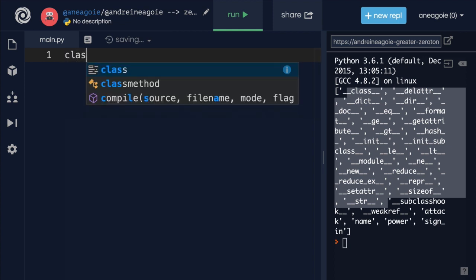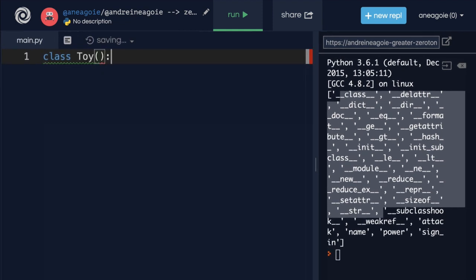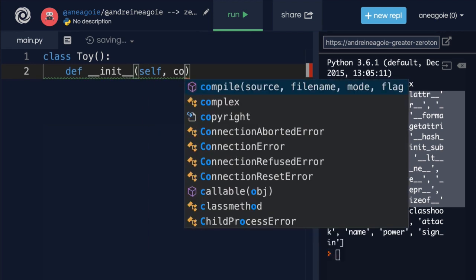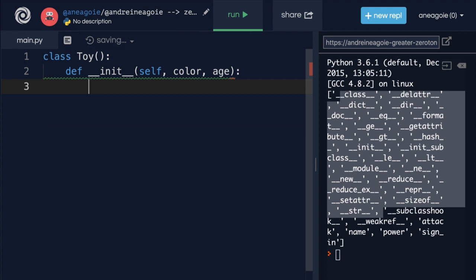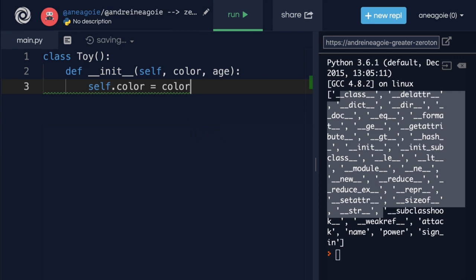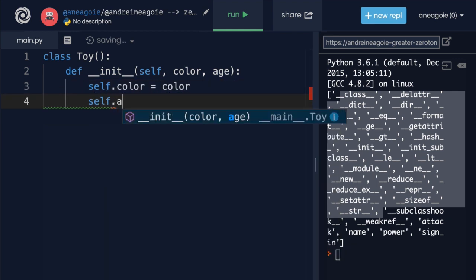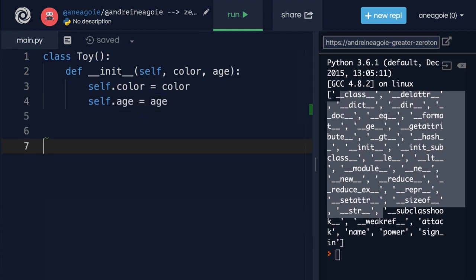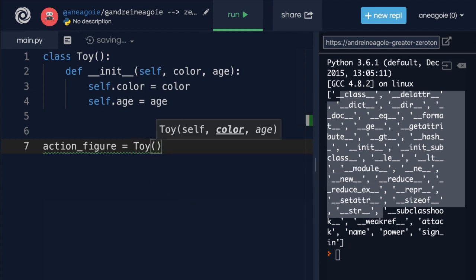We're going to create a new class, and this is going to be a toy class. Now, in here, we'll define a toy and initialize it with self. Then we'll say that it has color and age. Now we'll say color equals color. So these will be our attributes, and age. Awesome. There's our class. Now, let's say we want to create an action figure. This action figure will be instantiated with toy, let's say color of red, and the age is, it's brand new,